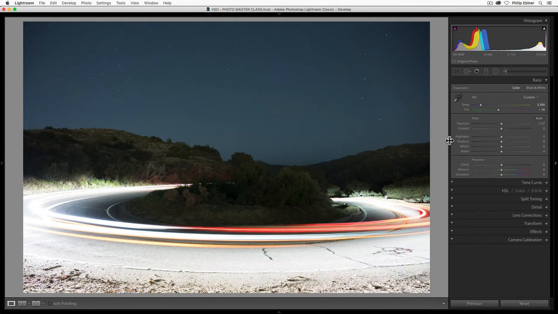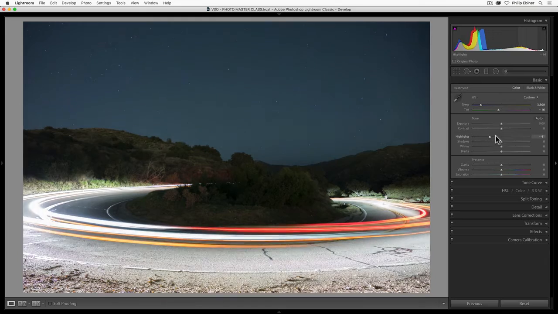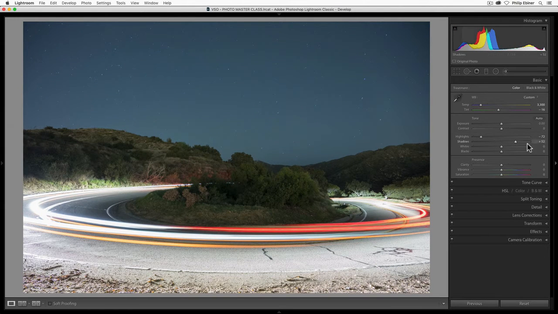I'm going to skip contrast for now. With highlights, shadows, whites, and blacks, we can adjust individual parts of our image. So if we just want to adjust the highlights, so this area up here, we can use this slider to bring down. And you can see in our image that it's bringing down and bringing back some of the information of the road down below our light streak. If we want to adjust the shadow, maybe bring up some of the shadows so that we get more information in these trees, then we can bring that up. Blacks are the darker parts, even darker than the shadows, and whites are the pure whites, brighter than the highlights. And that might be some of these stars, and you can bring those up or bring those down.